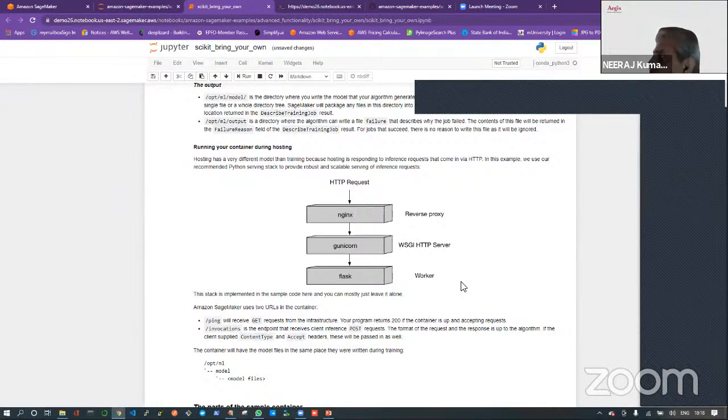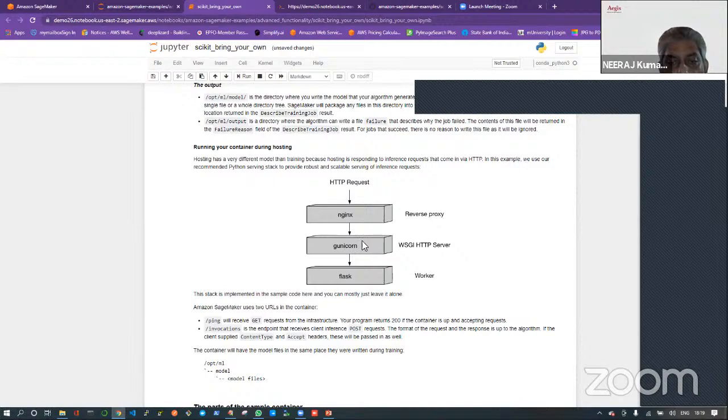If you are not already aware of this, don't worry. Nginx is nothing but a proxy server. It's a web server, a front end server where requests from the external world come and hit. It acts as a reverse proxy, so all kinds of load balancing will be done by this Nginx server.